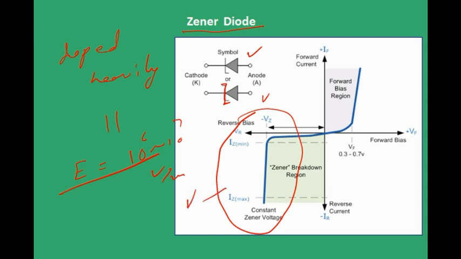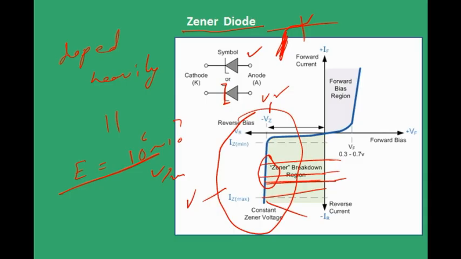This is our area of interest, right? Why? Because Zener diode operates in reverse bias condition and at this voltage, the Zener voltage, the breakdown voltage. Because here you observe, because it is doped heavily, normally the graph of diode would be like this, right? Something like this. And this slope, which you are seeing here, is very high. It is almost vertical. Are you observing this? That is of interest to us because these values represent different currents, right? So for different values of current, you have almost same voltage, that is Zener voltage. It's not changing much. That property of the Zener diode is used for regulating supply voltages.